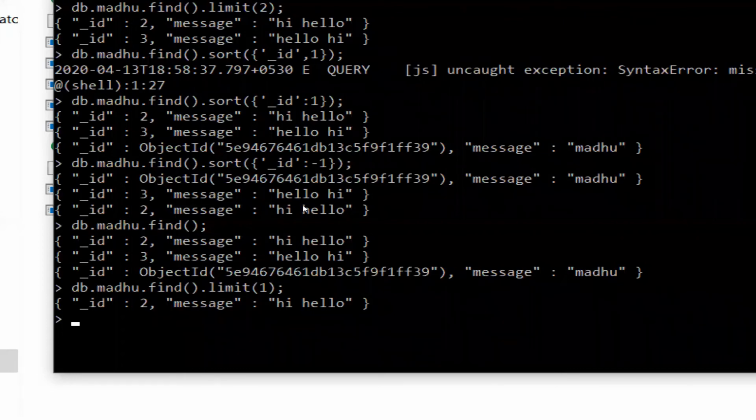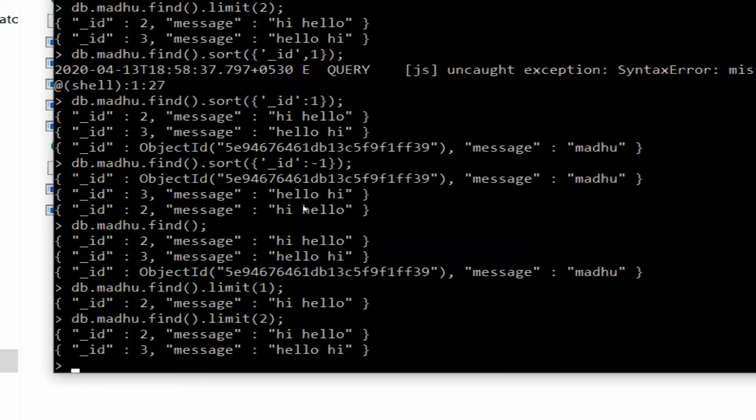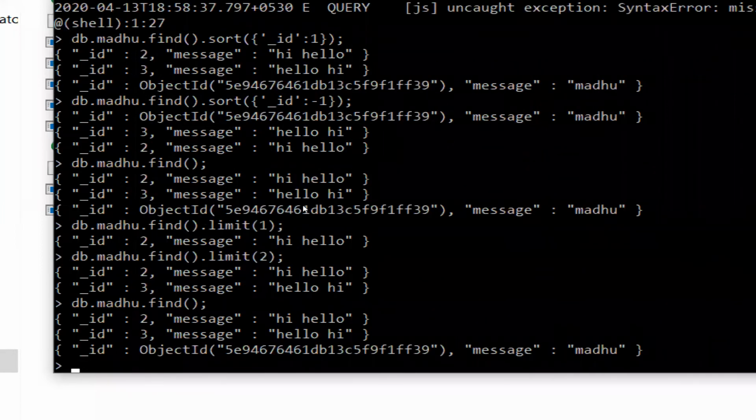When you write db.madhu.find with limit 2, then 2 documents will be read. When you write db.madhu.find, all the documents will be read. So here it is putting a limit to read only one particular document.